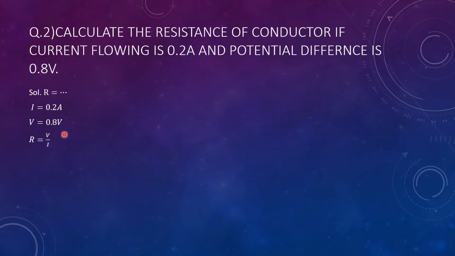On placing values of V and I, 0.8 upon 0.2. After the decimal there is 1 digit here, and 1 digit here, so we can cut the decimal. The remaining quantity is 8 upon 2. 2 1s are 2, 2 4s are 8, R equal to 4, but the unit of resistance is ohm, so R equal to 4 ohm. Whenever we are writing an answer, the unit must be written. The value of R is 4 ohms.